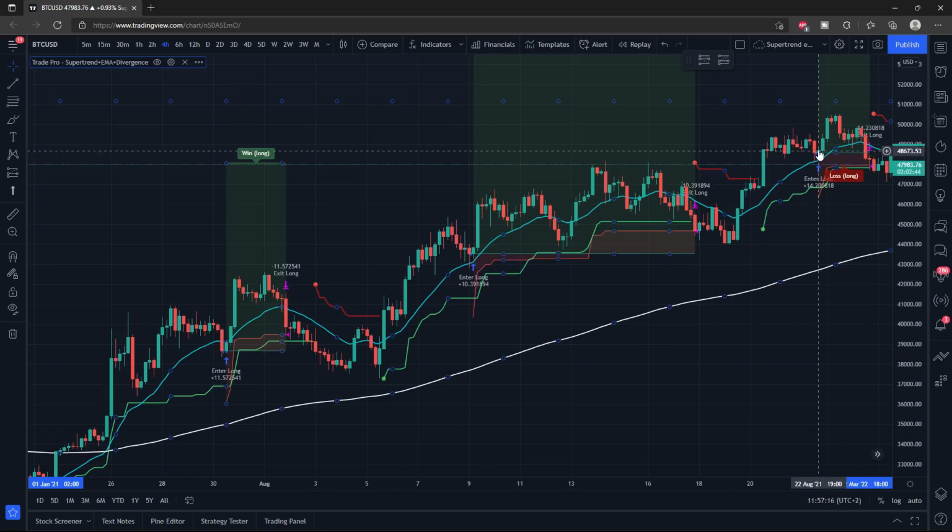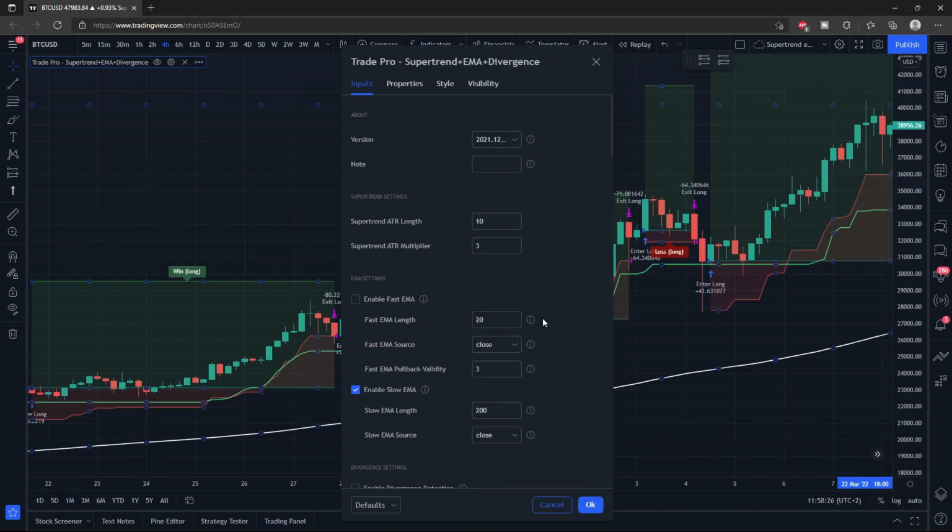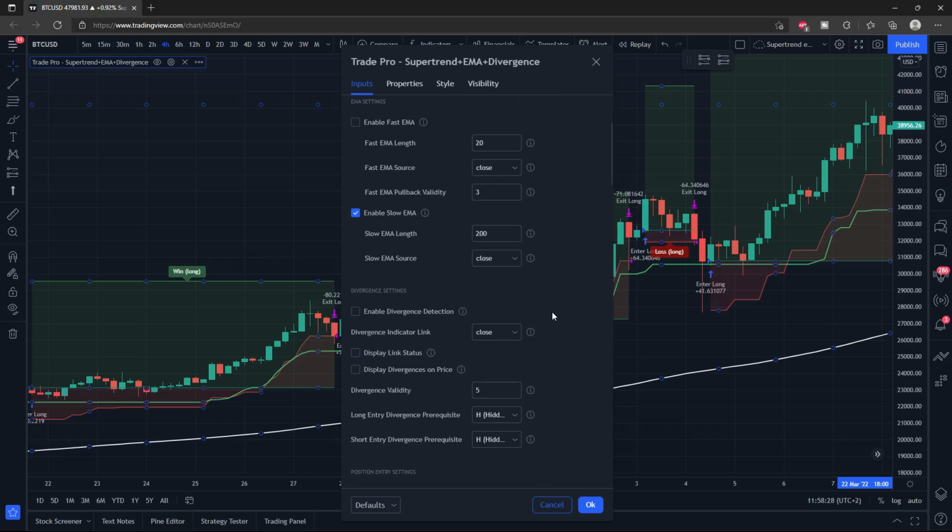So you can see it, each of these times it has pulled back into that exponential moving average before giving that entry. Now, let's take a look at one of the other features, and that is a divergence filter. So let's turn on the divergence filter by going to the divergence settings, hitting enable divergence detection, and then needing